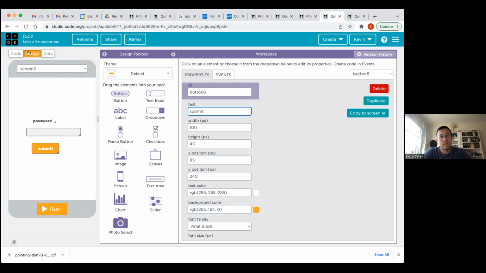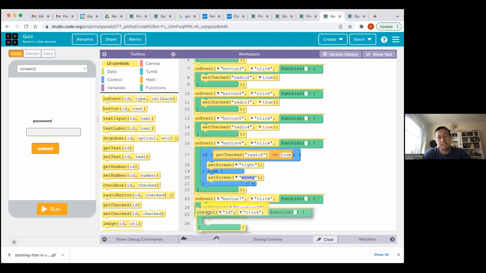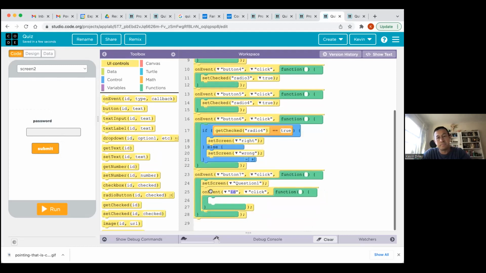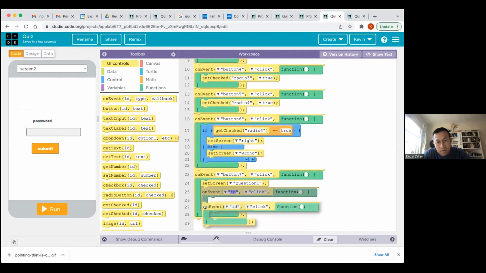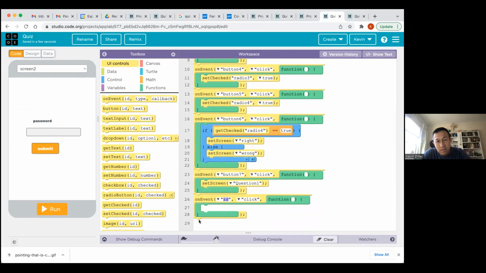And now I'll go to my code and say on event, that text input. So I don't want it there. On event, put it underneath. There we go. On event that text input box, or no, on event that, which one is that? Text button input 8. Button 8. So when I press button 8, when I click on that,